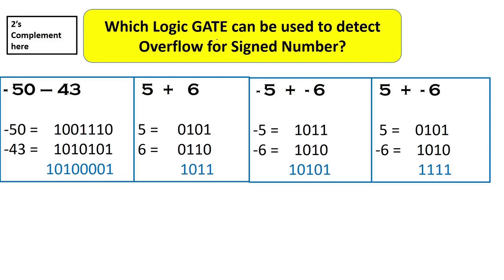So let's say you are a CPU designer, and you know inside the CPU we have the ALU which performs the arithmetic operations. So the ALU has to actually detect the overflow while adding numbers or while doing arithmetic operations on signed numbers. So hardware wise, which logic gate should you use to detect the overflow? Examples of logic gates are AND gate, OR gate, NOT gate, XOR, XNOR. So which logic gate will you use?